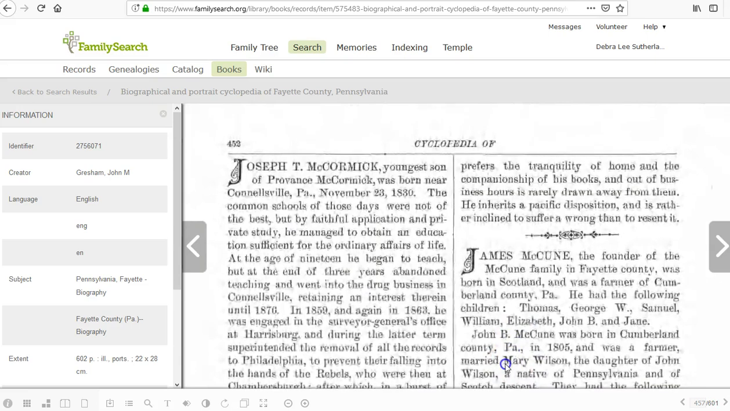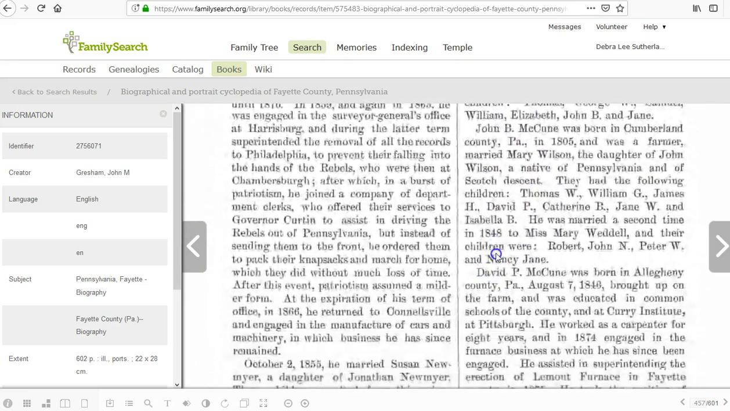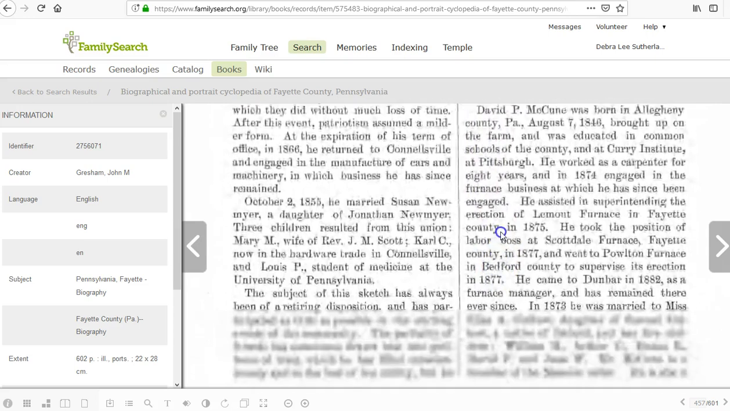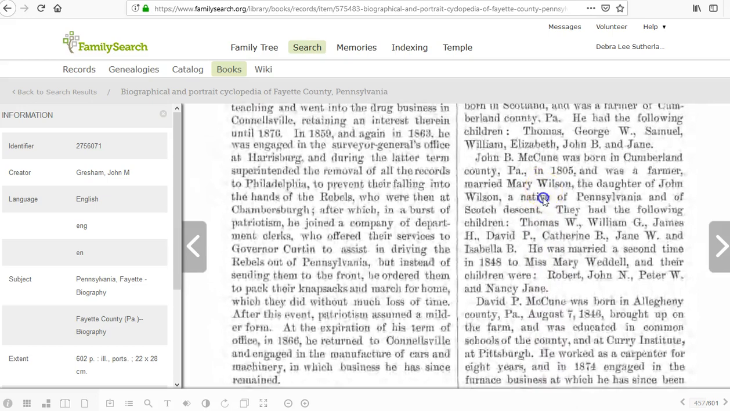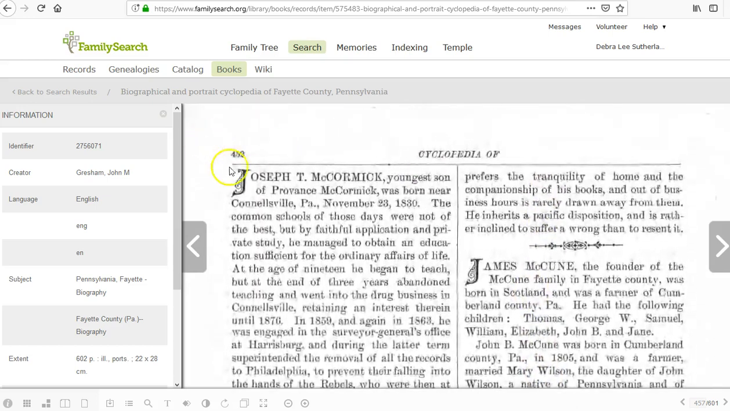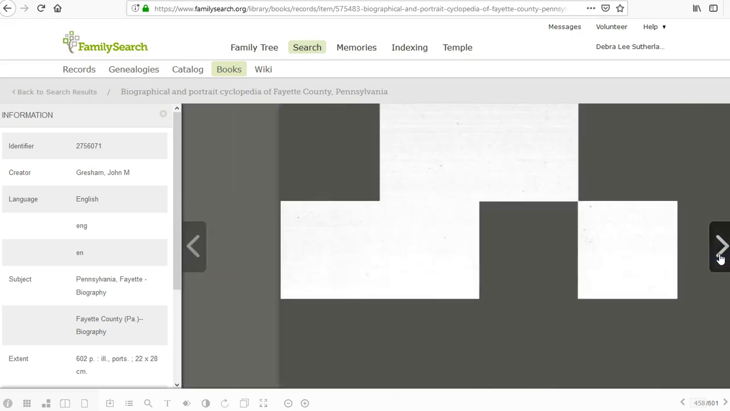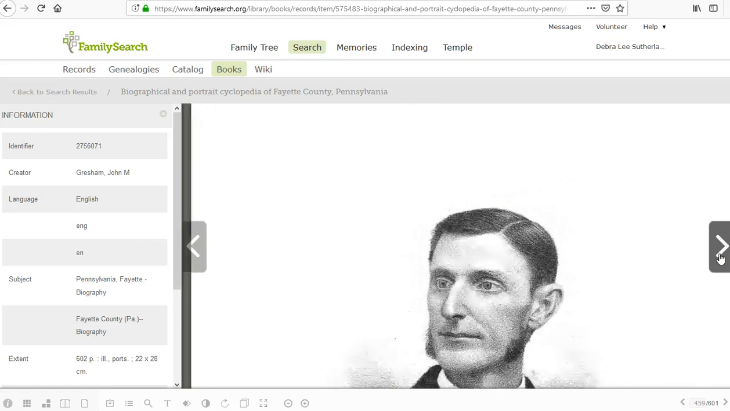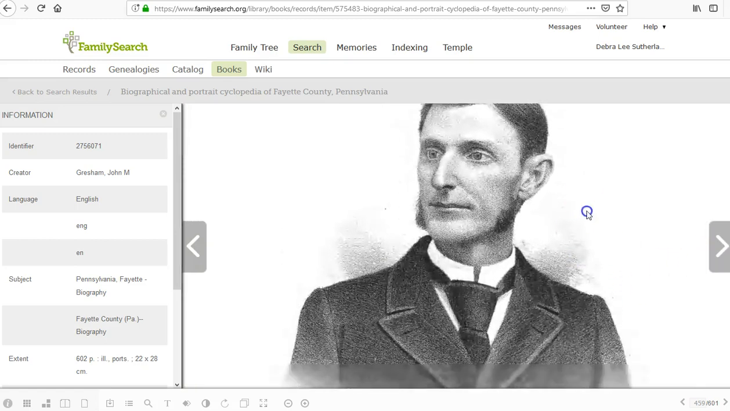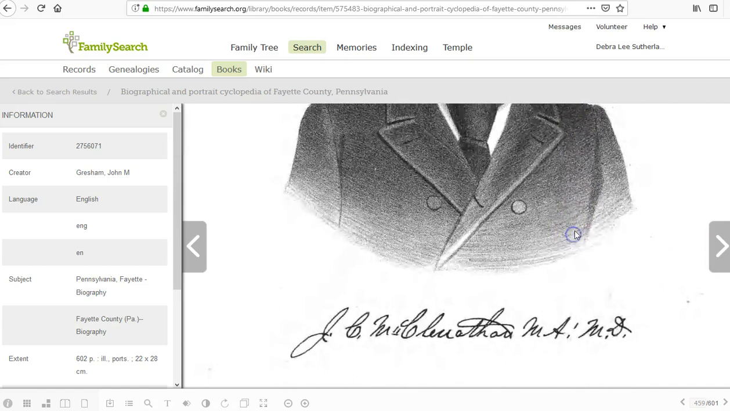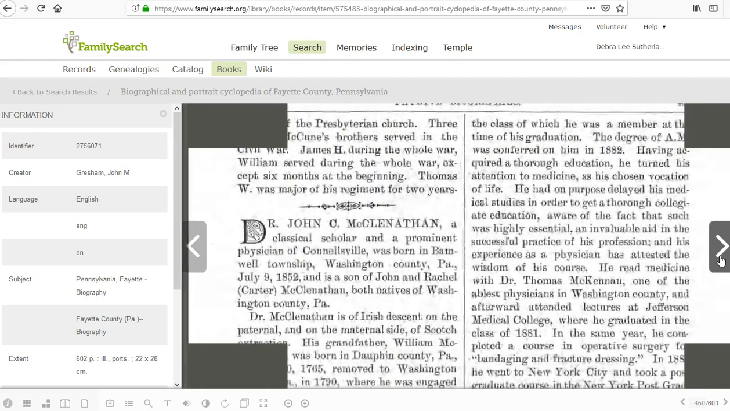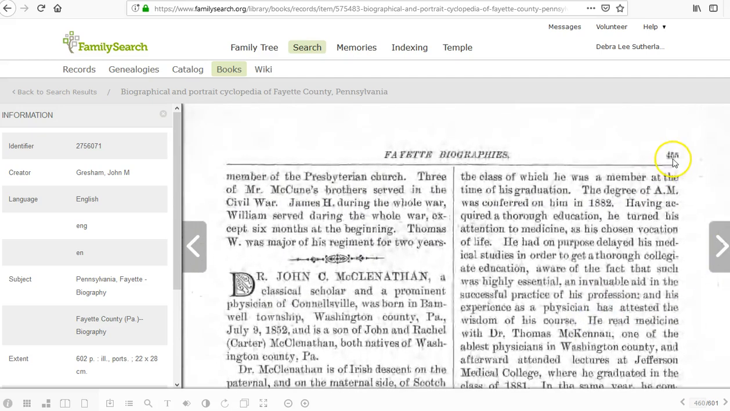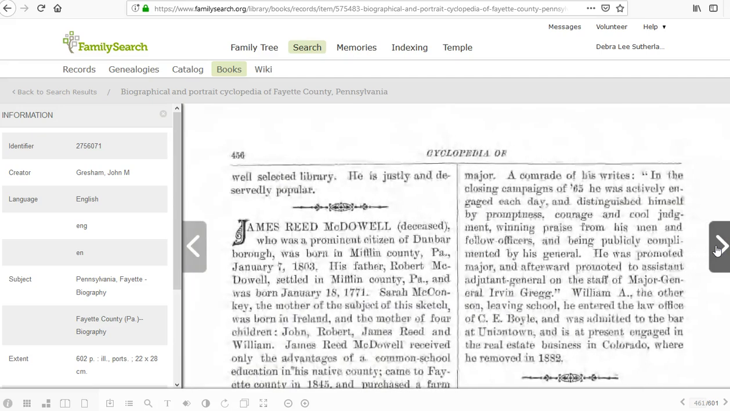James McCune, Joseph McCormick. So see, there's some cool information contained within this. Now, one of the things that you also need to note is that the number of the book, so it said it was 457, but this is only 452. So then you'd want to go ahead and skip over. They also have some fun and cool portraits. And you might get lucky and have a portrait of one of your ancestors that you don't already have in your collection. We're on 55, 56,